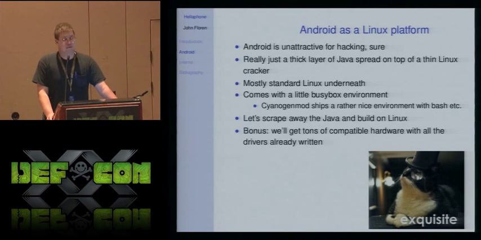So maybe you don't want to hack on Android as a Java environment. But when we looked at it, we realized that Android is just this pile of user-level Java and a few C++ daemons, all running on top of a Linux kernel. They've got a little BusyBox environment down there. They've got daemons written in C, which just run for talking to the radio and things like that. It's pretty standard down there. There are a few tweaks in the kernel, and of course they have the hardware support. But by and large, once you get rid of the Java, you're just back down to Linux.